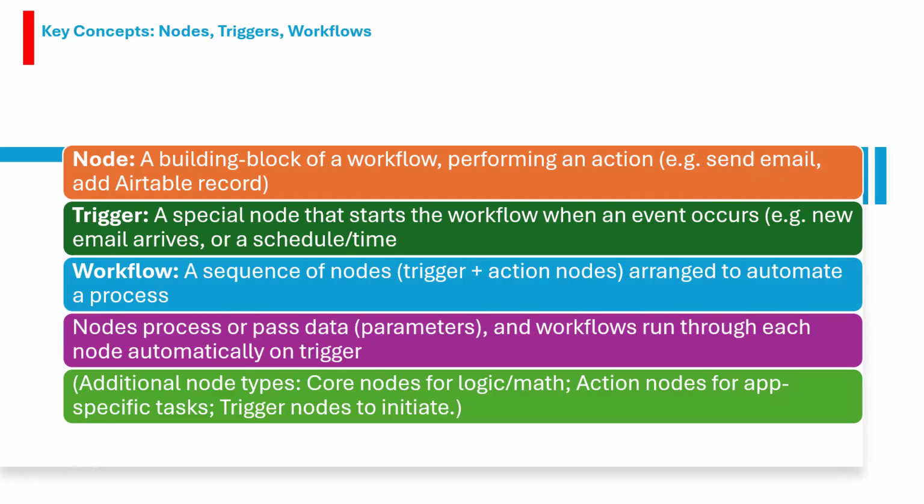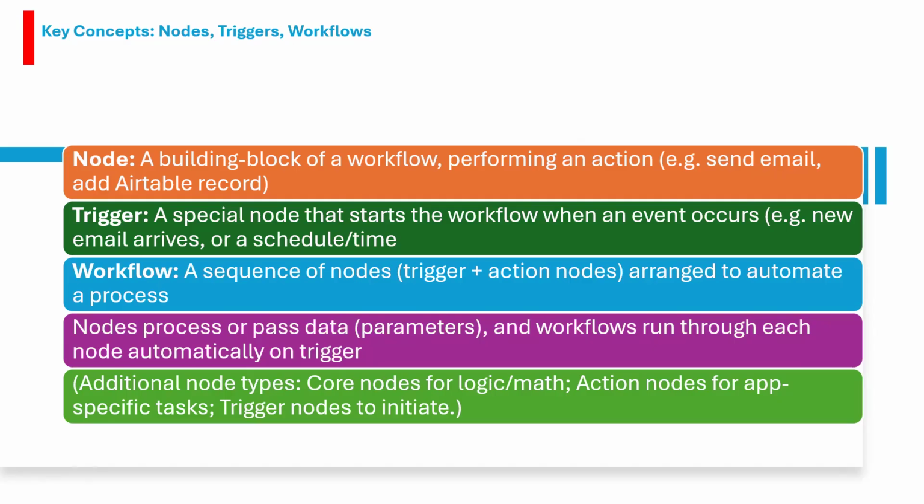That's performing the action. We also have a trigger, a special node that starts the workflow. That's something we must start. Maybe it's a manual schedule, or you want to do it manually, or you want to automate it at every 8 o'clock. Make a post to my LinkedIn at every 9 o'clock. Make a post or idea. Good. That's a trigger. It's a special node that starts the workflow when an event occurs. It can also be a webhook or an HTTP request, whichever one.